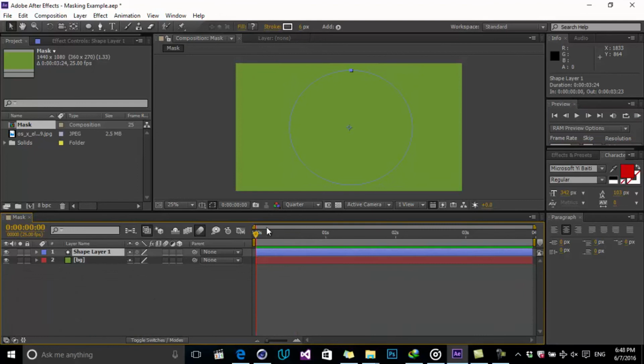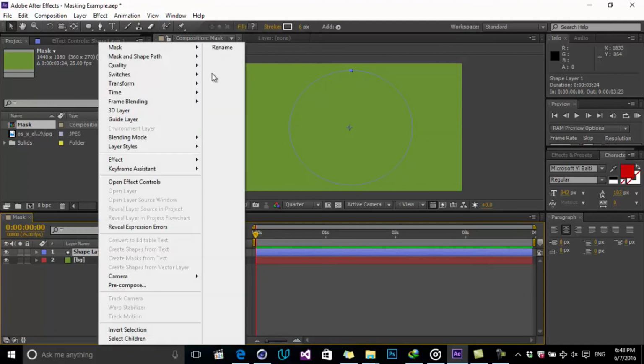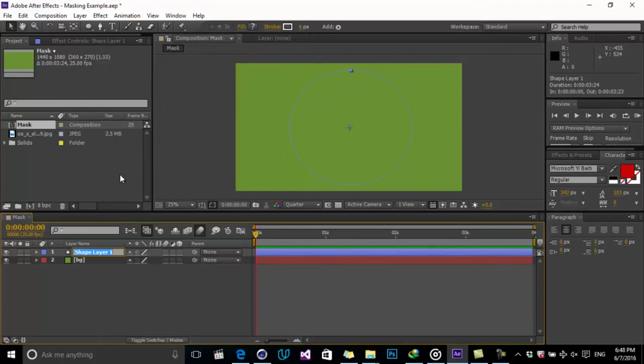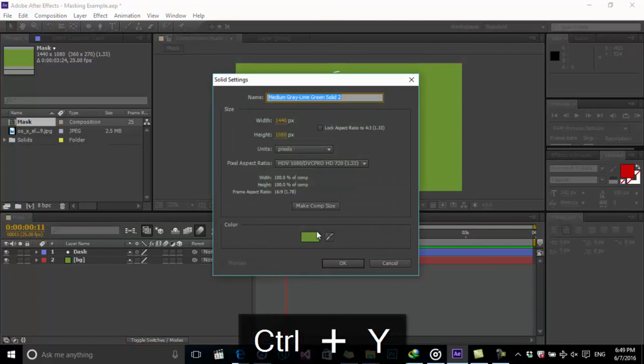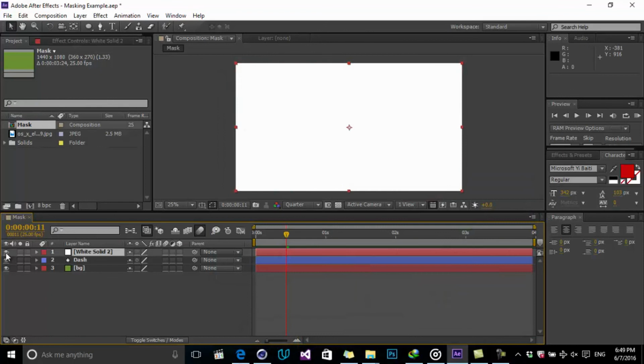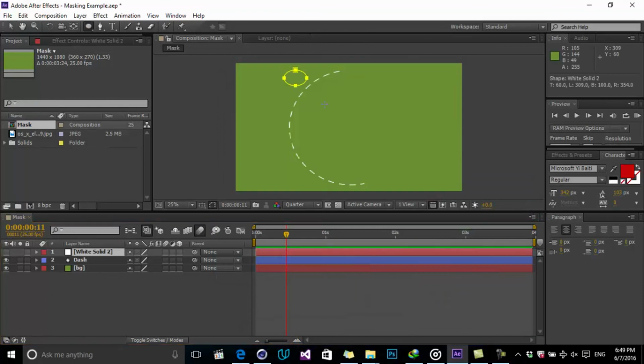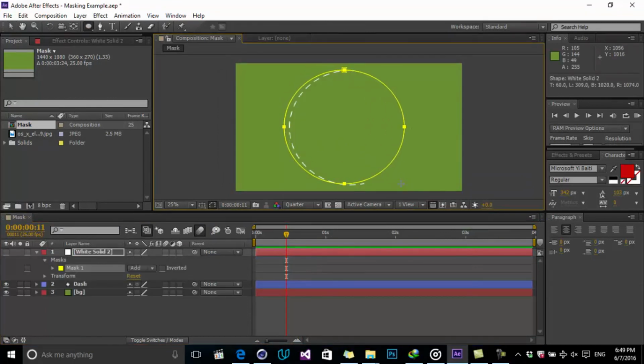It's very useful to organize your project and arrange your project by renaming each layer. For example, I created dash, I rename it dash or BG or anything else. Okay, let's create our other masks. We can use shapes also, and we can also use mask, but in this example I use mask for a better understanding of you guys. Okay, Control I, color to white, and draw an ellipse shape mask